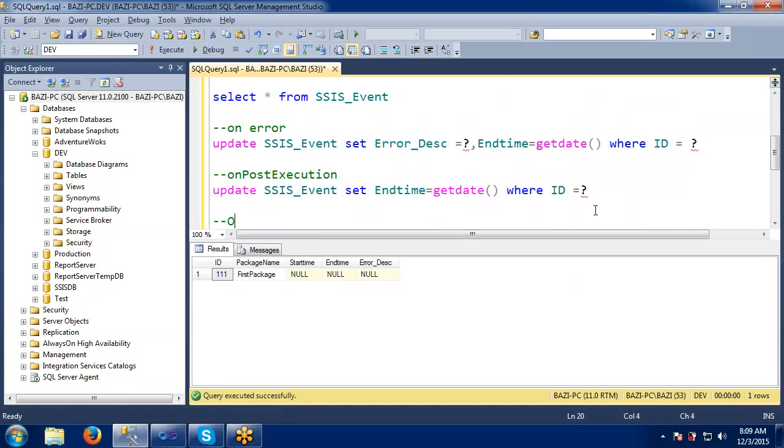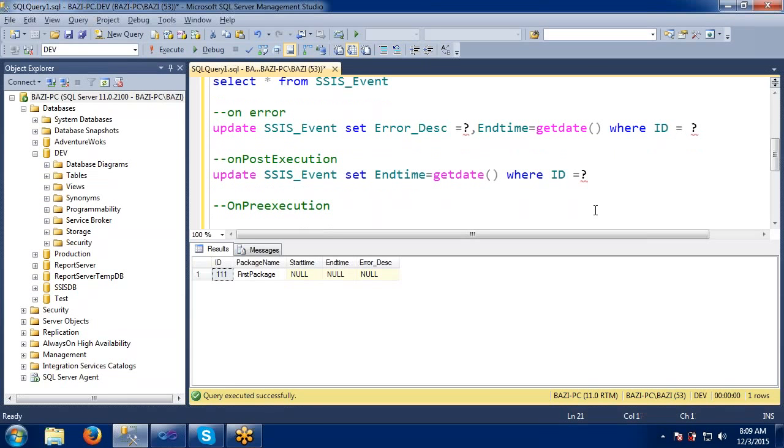I want to take one more thing on pre-execution. What I am going to update is, before the starting, what was the time, and after the execution, what is the time. So we have start time here.